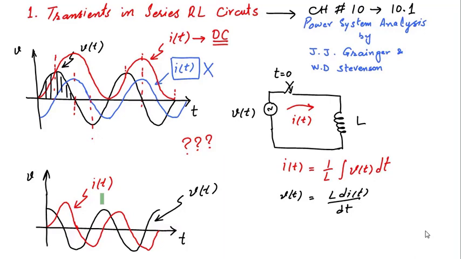Here it is interesting to note, if we compare these two waveforms, in the second case the current waveform does not have any DC offset. It is perfectly symmetric about the time axis. So here we can see the current is exactly behind the voltage by 90 degrees, as we have learned in our previous classes that current lags behind the voltage by 90 degrees.